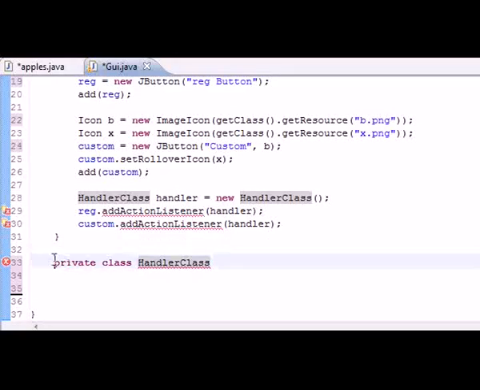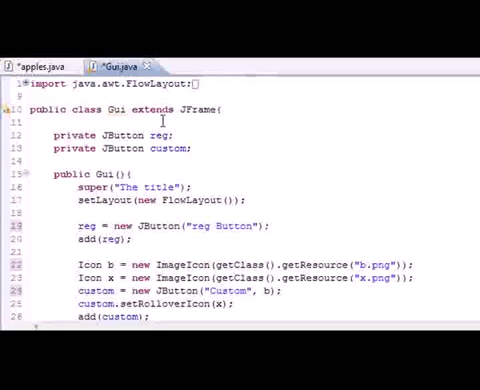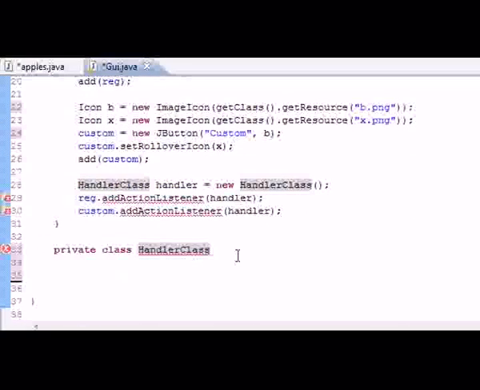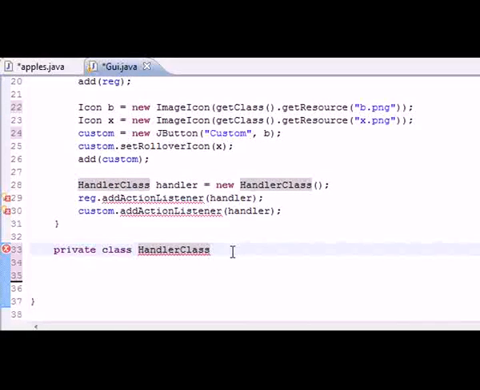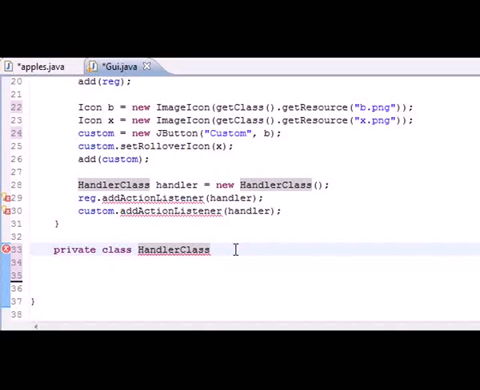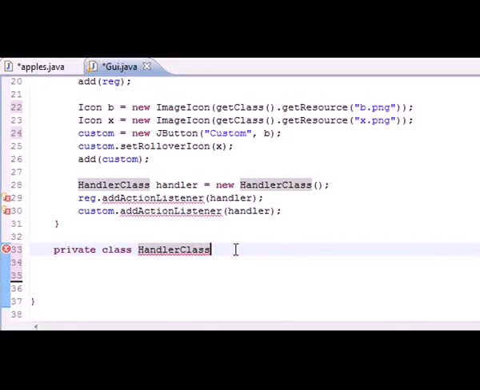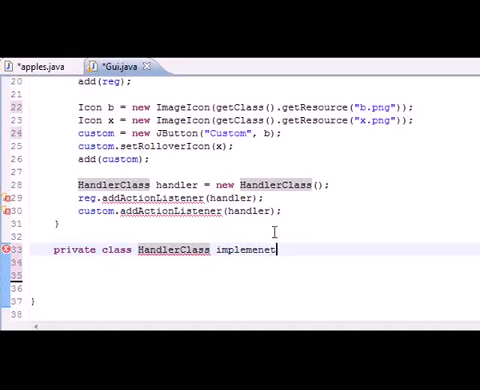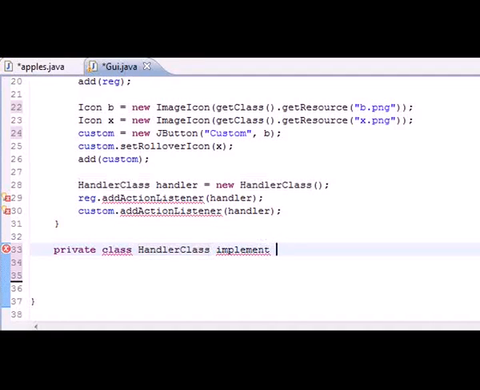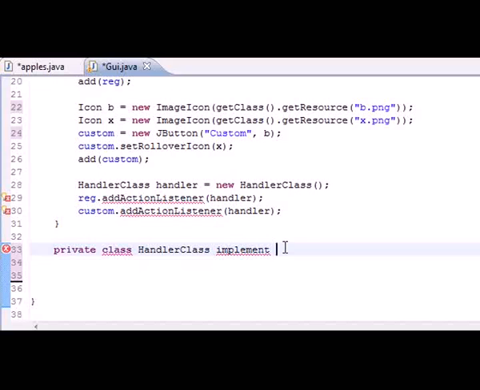And yes, we are putting a class inside this main class. We are allowed to put classes inside classes. So, you know, just letting you know, we can do that. Why? Because we just did. And we'll have this implements, there we go. Did I spell that right? Implements action